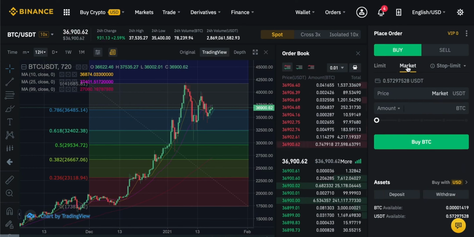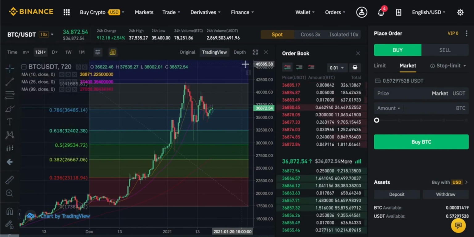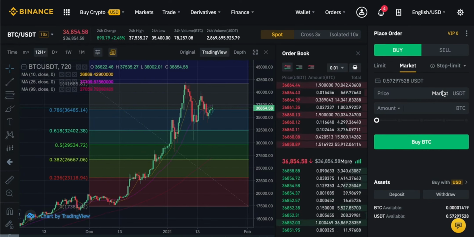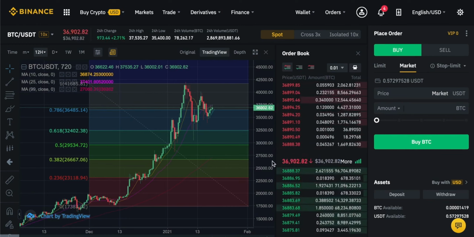A market order is one where you do not control the price of the option that you're trading. So right now we are actually trying to buy Bitcoin with US dollar tether, and you can see the price right here. There is no option for me to change this. A market order only gives you the ability to choose the amount that you want to trade and not the price. The price that you pay will be whatever the price is in the market at the time that you trade. Right now, you can see it's